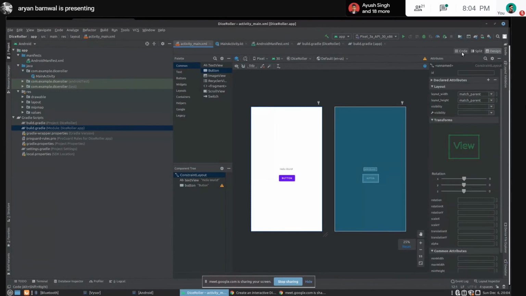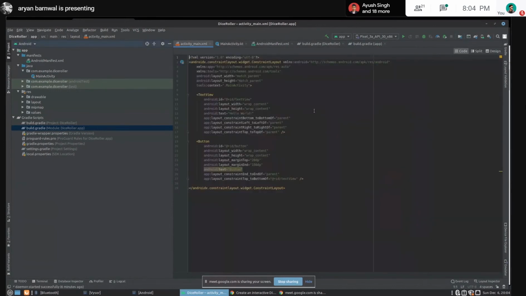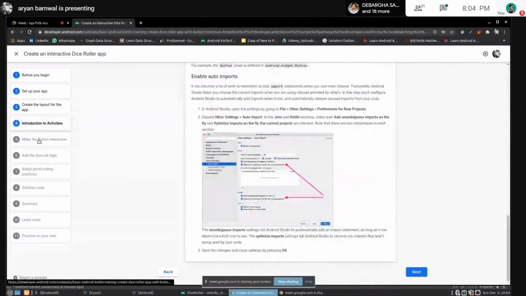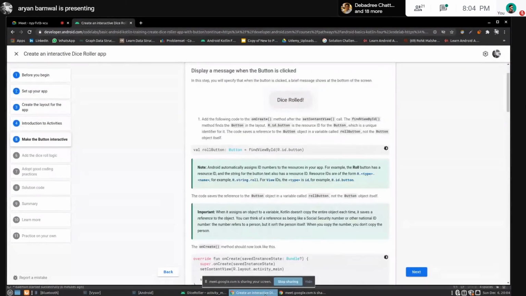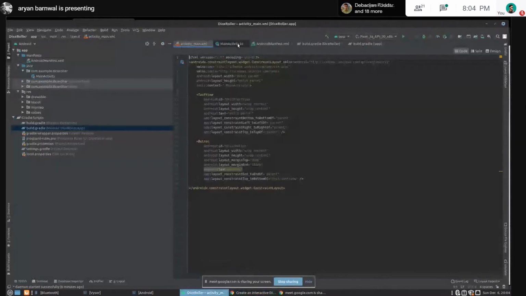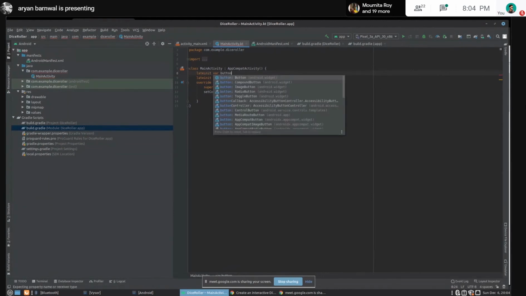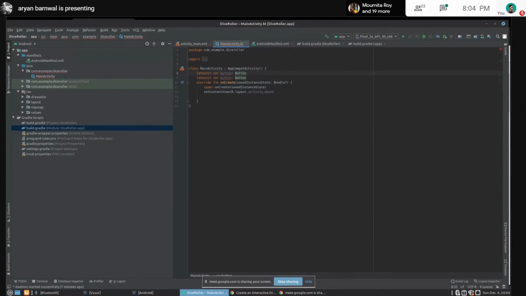So what do we have to do next? We have to make the button interactive. If you click on the button, something happens. So I will write the code there. You can go here and write let in bar button, which is of type button. What happens here is you are declaring a, oh, I have already written that. Yes.